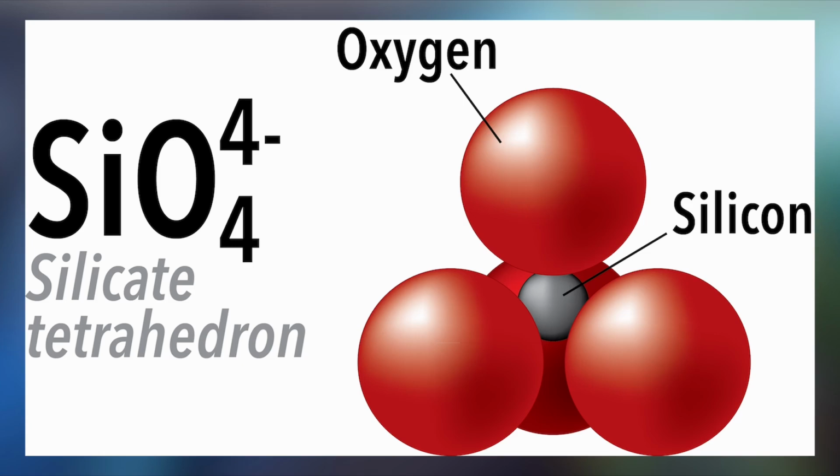A silicon ion has a charge of +4 because it loses its 4 valence electrons. It has the same number of valence electrons as carbon, and then it binds to 4 oxygen ions, which have a charge of -2. Basically, because oxygen is a very strong oxidant, it tends to grab onto electrons. So it tends to form a -2 charge. It has a deficiency of 2 electrons in its valence shell, so when it fills up its valence shell, it will have a charge of -2.